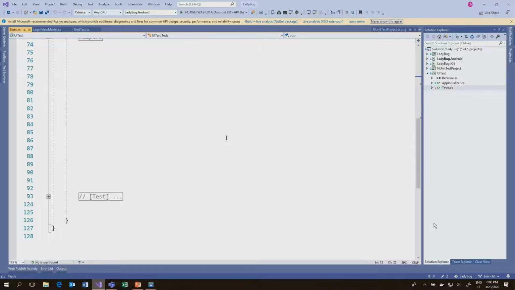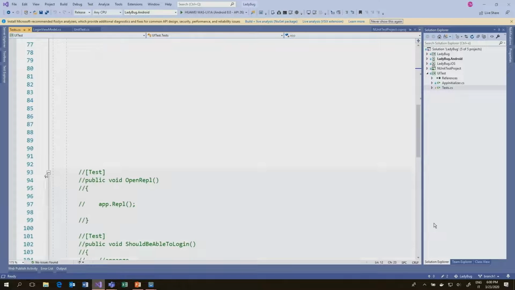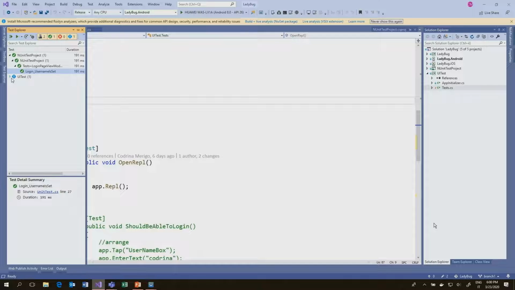In order to invoke this console, you can simply create a test that I called OpenREPL that will open this console. So if I go back to my test explorer, now that I have uncommented this test, a new UI test has been found here. And when I run it,